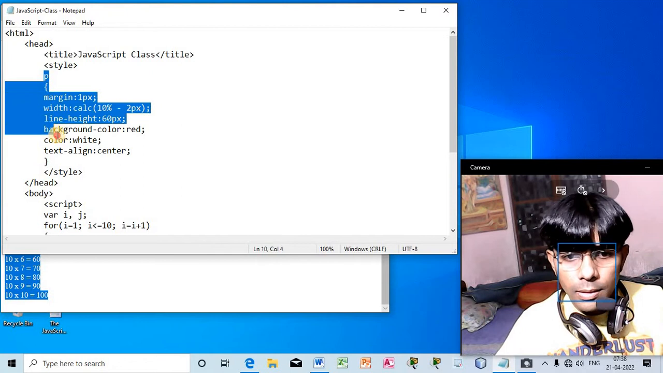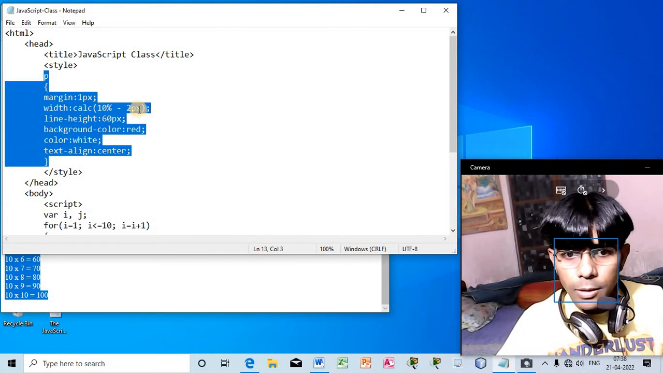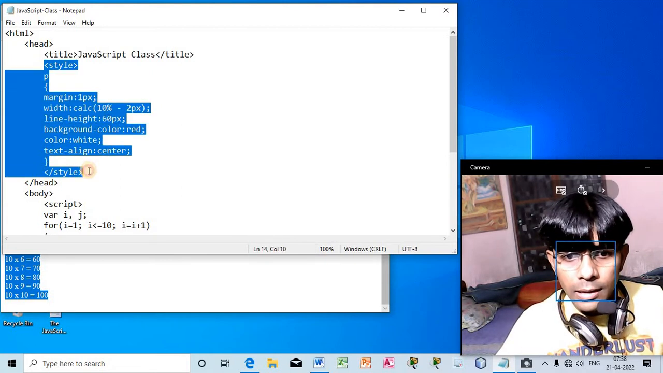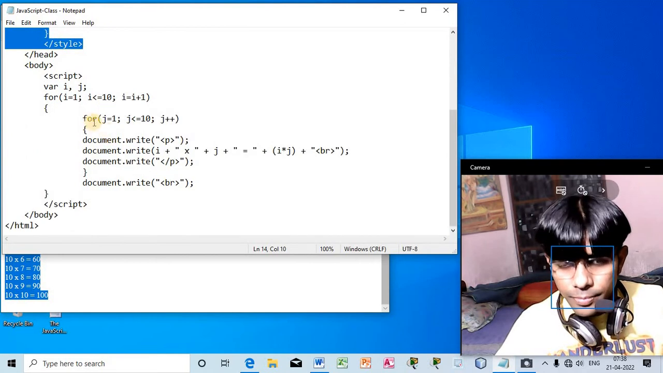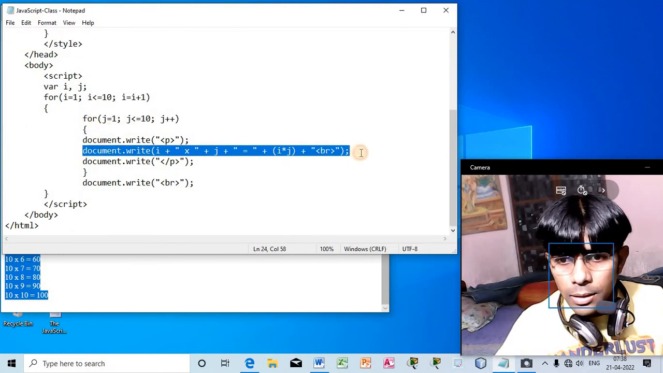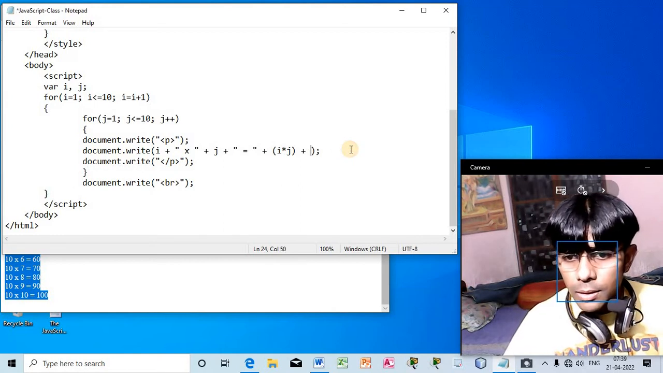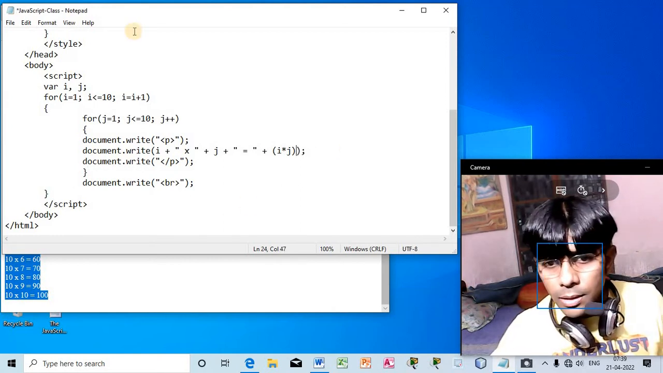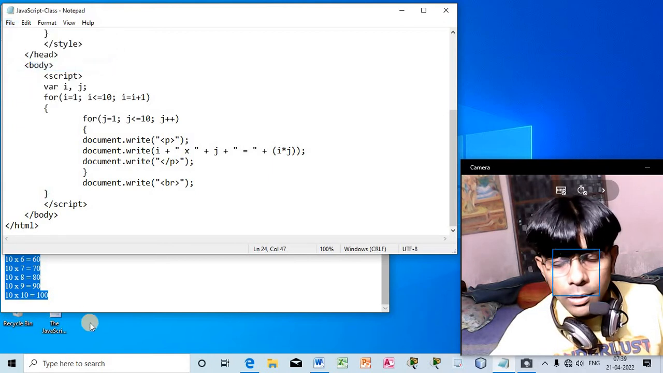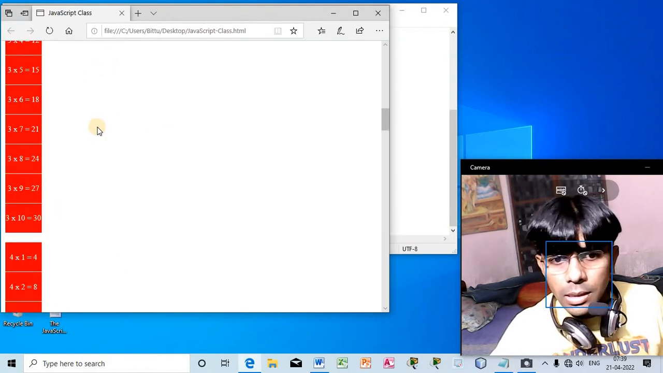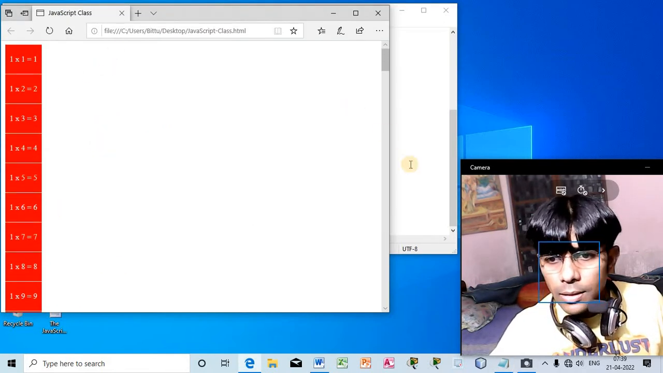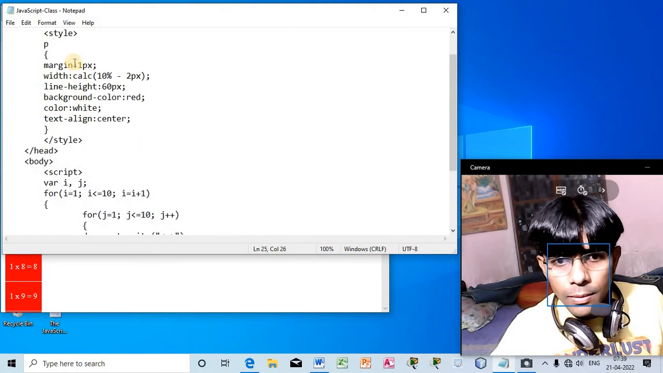We have just declared CSS for the paragraph inside the style, internal style, and inside this for loop what we have done, we want to print this thing using the paragraph. So we need not require this br. So let me delete the br. So let me show you how it executes. Just see, right? So another thing I will add over here,